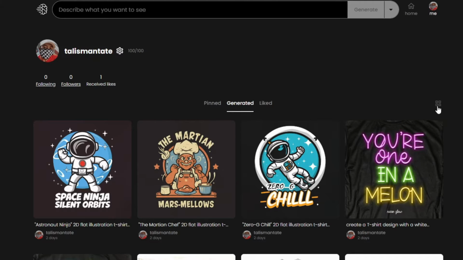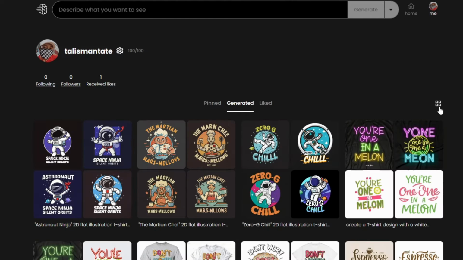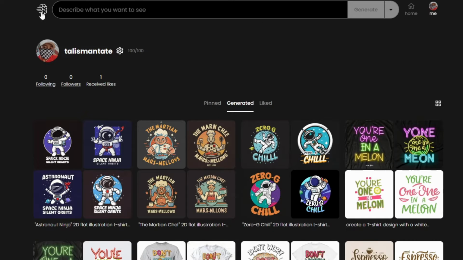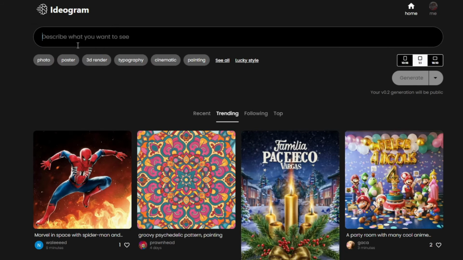You can also click the square icon right here to list all your generations. If you click on it, I can see all of the images that I have generated by using Ideogram. As you can see right here, every generation will make you 4 images. So now that we're done here, let's click on the logo to take us back to the homepage. And if you look all the way to the top, you can see that there's a